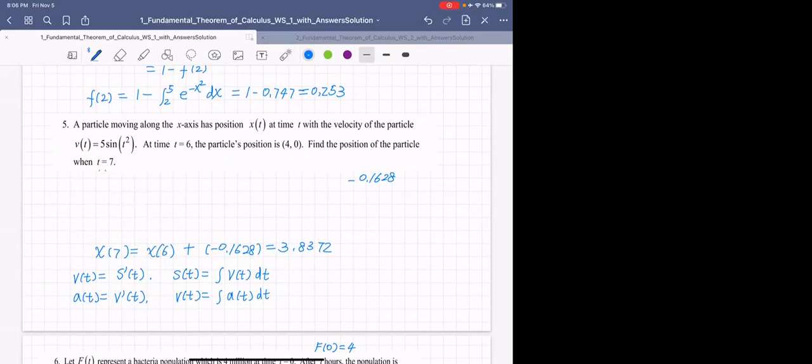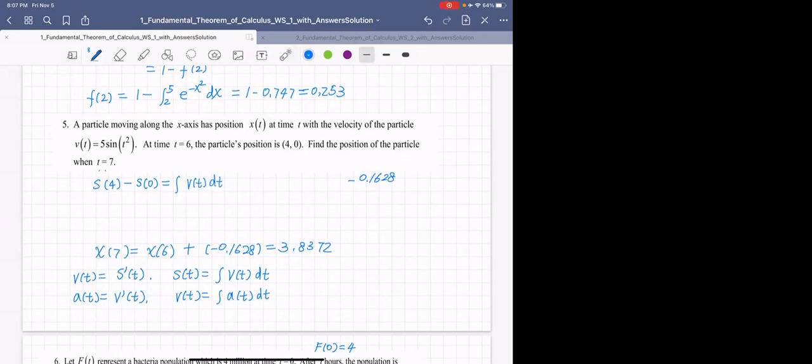Previously, when we learned particle motion several weeks ago, we were given the position, which is s of t, and then we took the derivative to find v of t. Now we were given v of t, and we want to find s of t. So what do we do? We know the position at 7 minus the position at 6. This distance change is because of the velocity. So your velocity,